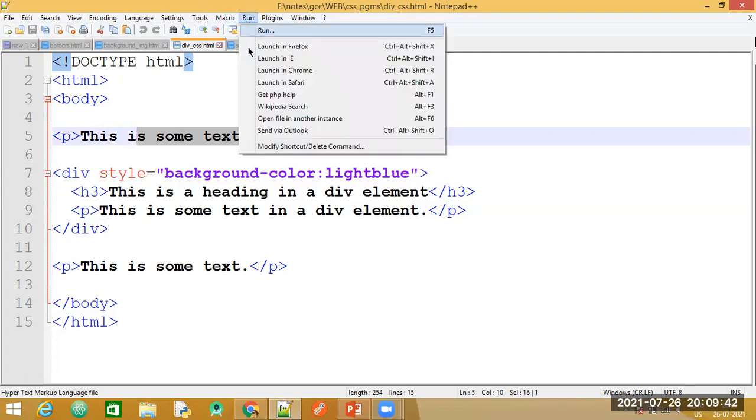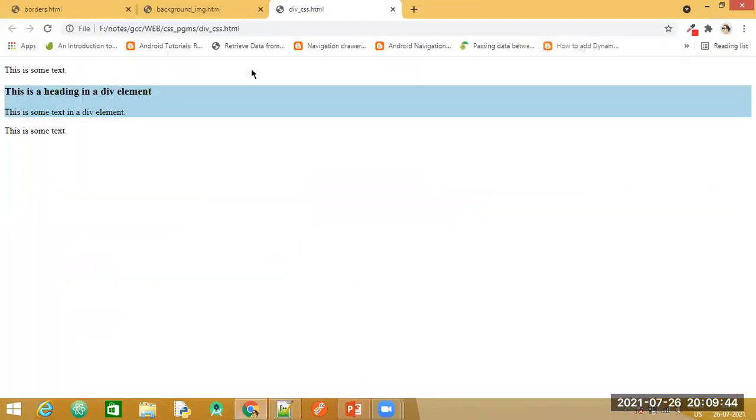So you can see here in the output, we can have a look at this. It is like different sections. This is one section. Then the text that is displayed here with the background blue is a second section or a second division. And this is a third section there. So likewise, we can have different divisions, like a division to display an image, a division wherein we are displaying only the text. So likewise, we can make different sections in our browser.